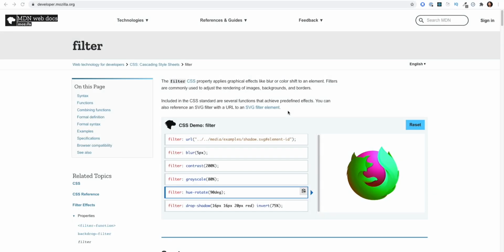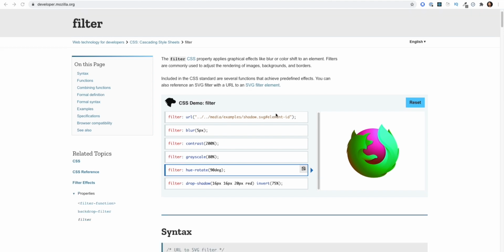Alright, so as I explained earlier, we are going to use the CSS filter property to apply dark mode to our websites. And you can refer to the documentation given by MDN, and in general, MDN web docs are the de facto standard for web developers to refer to any web related documentation, whether it's HTML, CSS, browser APIs and stuff.